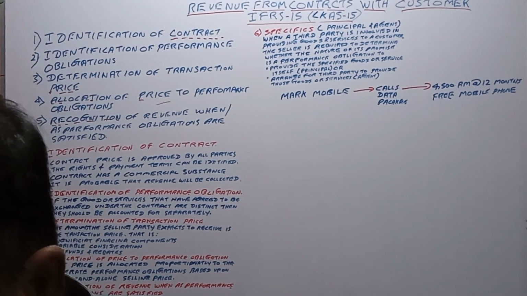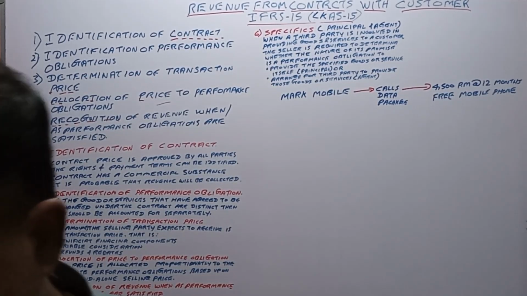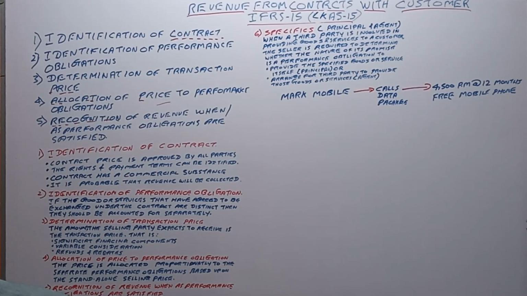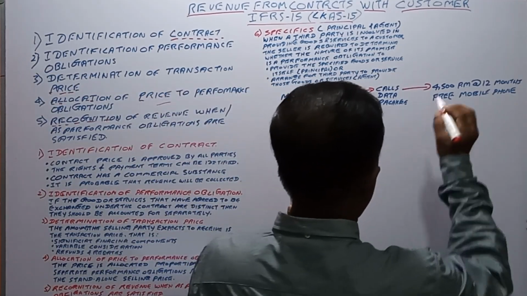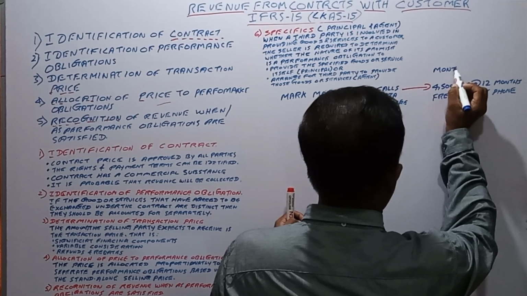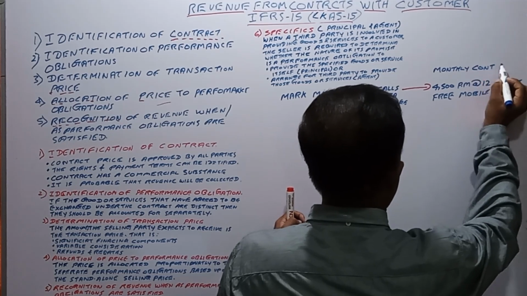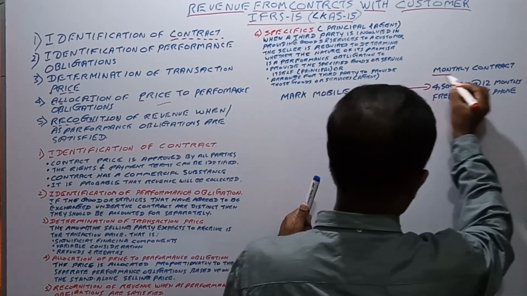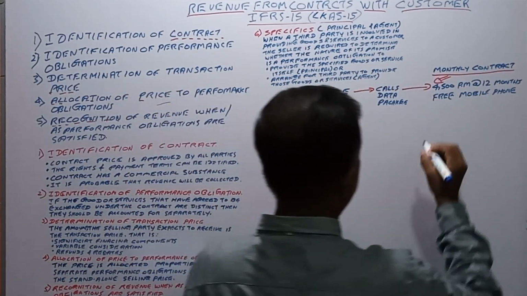Vodafone sells mobile phones without a monthly contract. Without a monthly contract, this is monthly contract, right? This is for monthly contract, right? Without monthly contract,